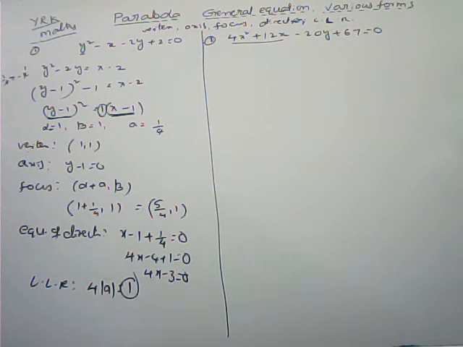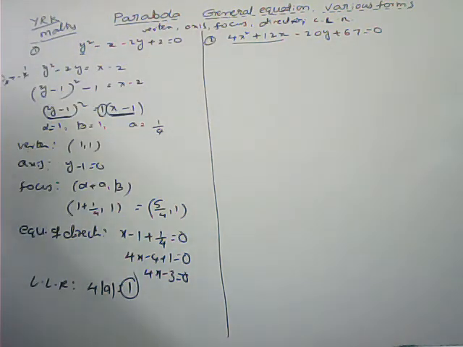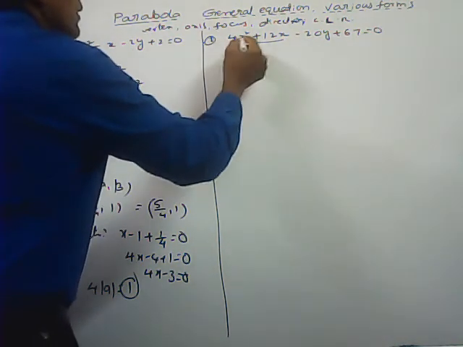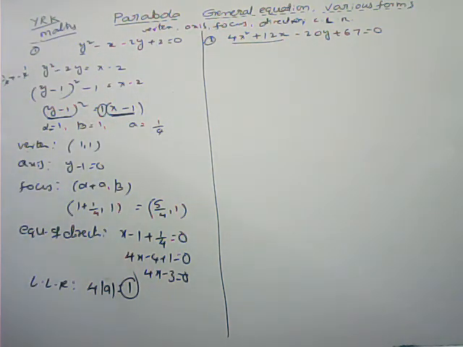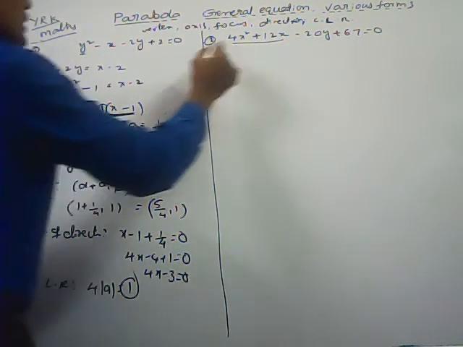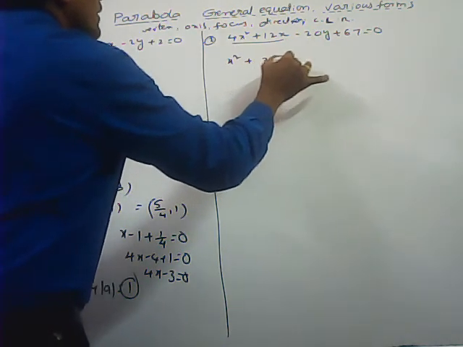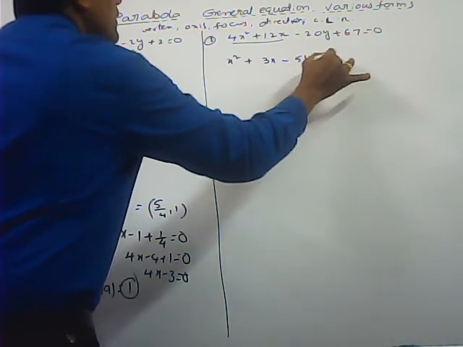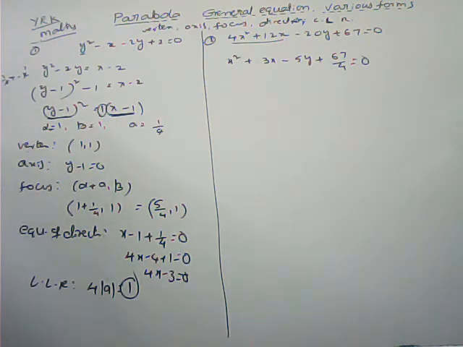Now here, how to get the equation of the, how to get, first we can make it a completing square, that is in terms of x only. So if you want, it is always better to make the coefficient 1 only. Otherwise, here I am dividing with 4 without getting confusion. 3x minus 5y plus 67 by 4 is equal to 0. Here I divided with 4.